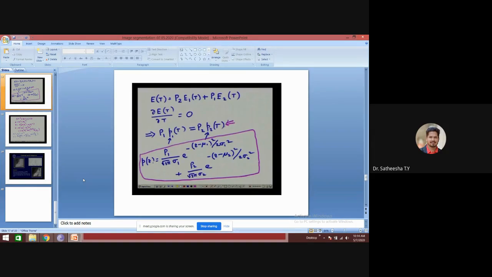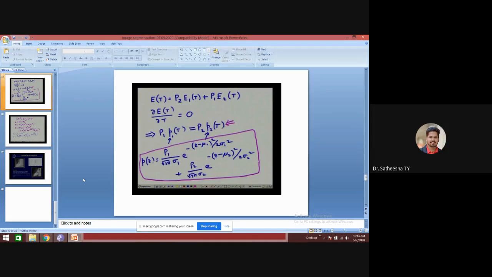Now for minimizing this error, what we have to do is take the derivative, dE by dT, and equate it to 0. Whatever value of T you get is going to give you the minimum error. We are not going into the details of the mathematical derivation.